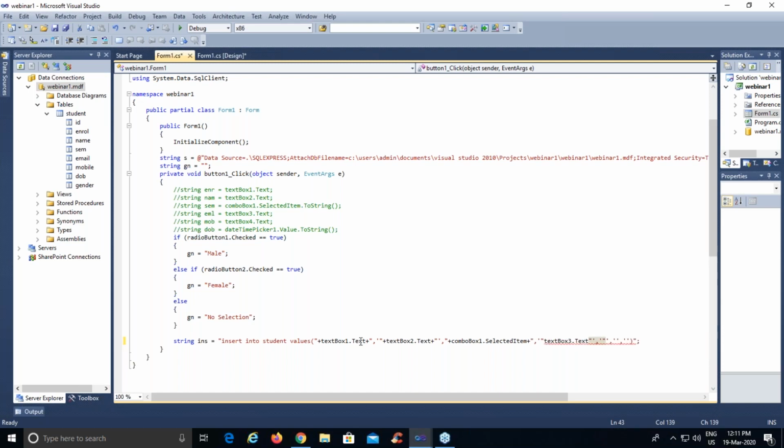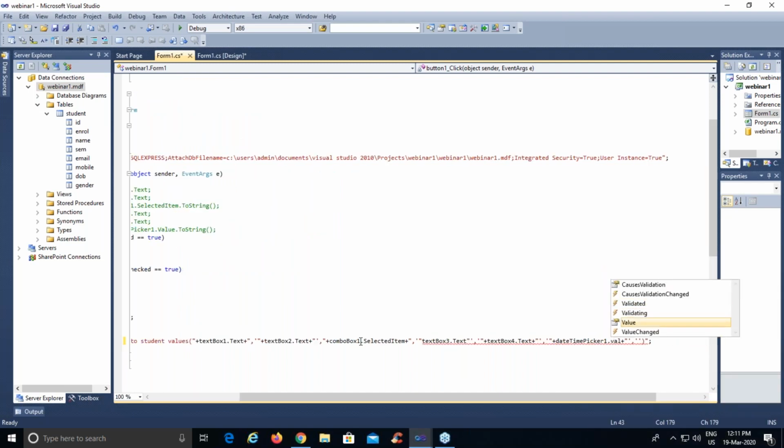For mobile, we have text box 4.text. For date time, we have date time picker dot value dot to string. And for gender, we already stored gender in GN. We are just passing GN.